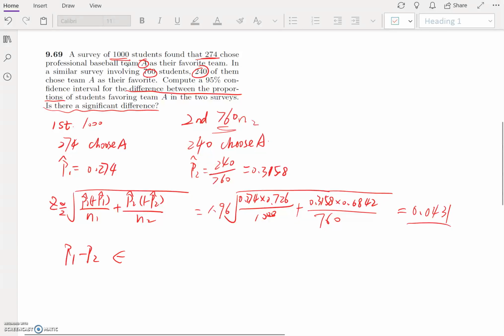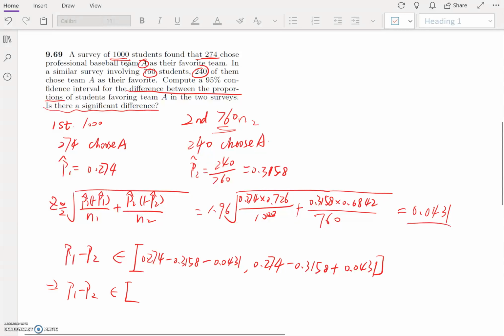The confidence interval for this is 0.274 minus 0.3158, minus 0.0431, then 0.274 minus 0.3158, plus 0.0431. So this equals minus 0.0849,